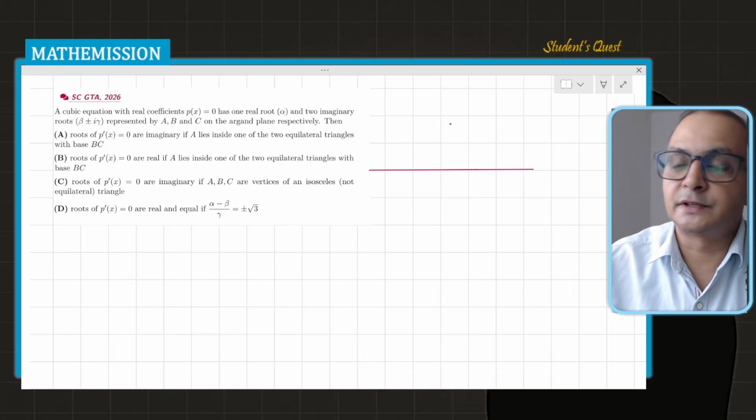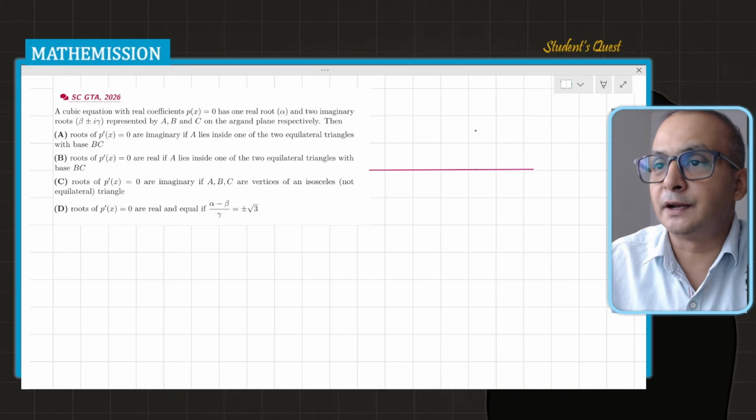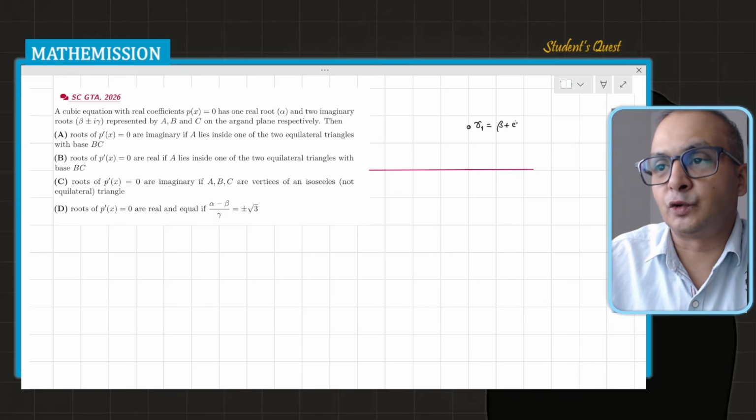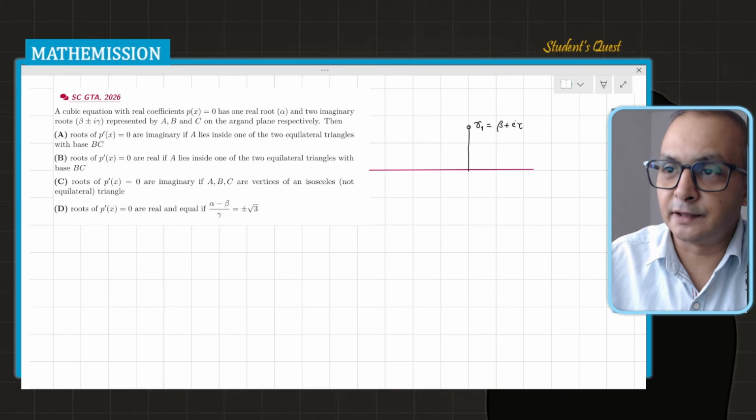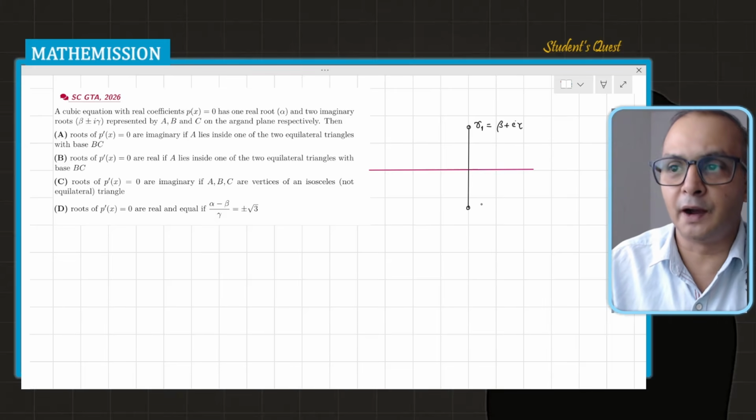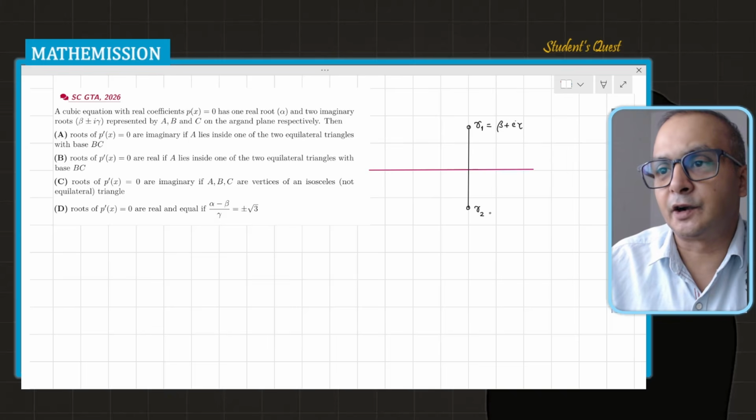Let's say beta plus iota gamma is one of the roots, that is r1, I'm calling it the root r1, beta plus iota gamma is here, and just below it, at the image of this r1, there is r1 bar, or let's say r2 I'm calling it, it's beta minus